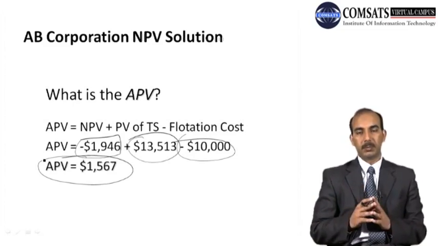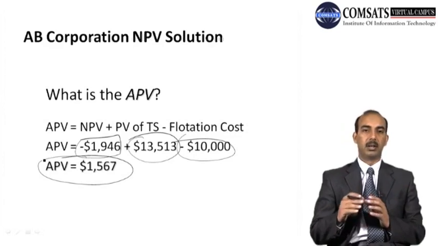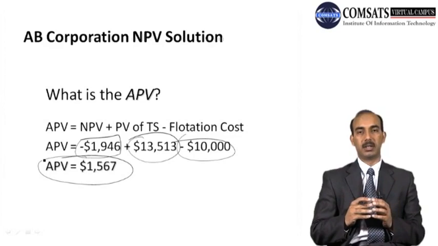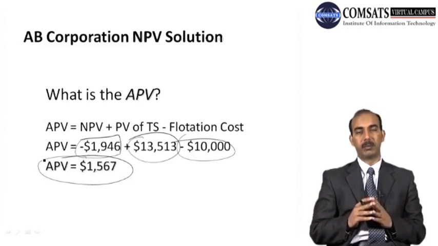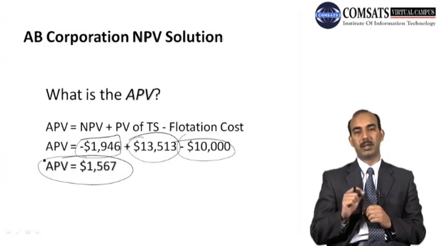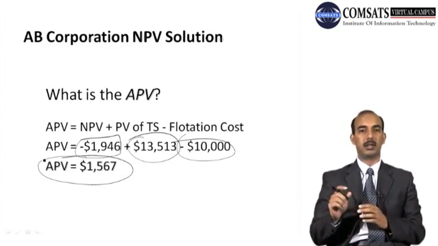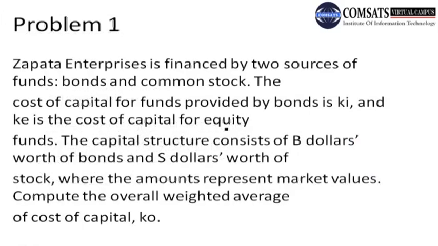If you use only the net present value and keep the project unlevered, that is 100% financed out of equity financing, that is after issuing shares, the project is all equity financed, the net present value is negative and the project can be rejected. But if you introduce the debt financing portion into it and you calculate the tax benefits and their present value, the project becomes acceptable. And now we are going to solve a few of the problems given at the end of